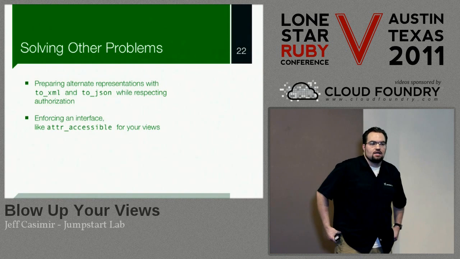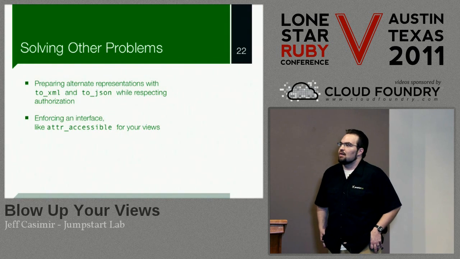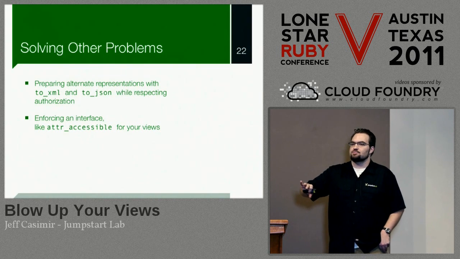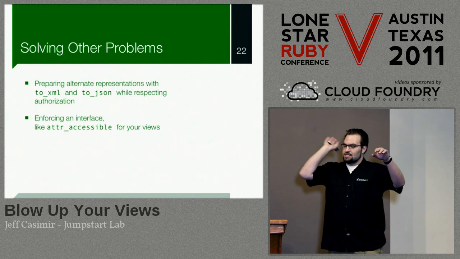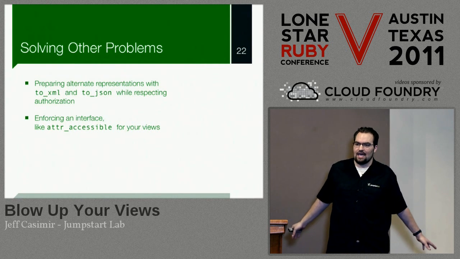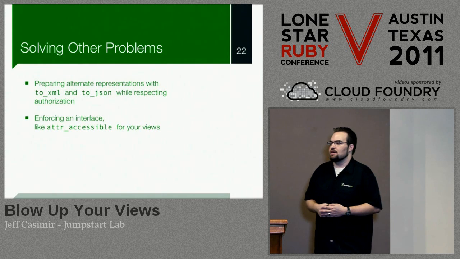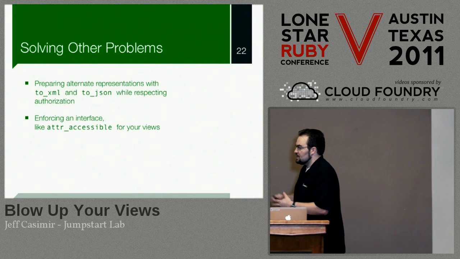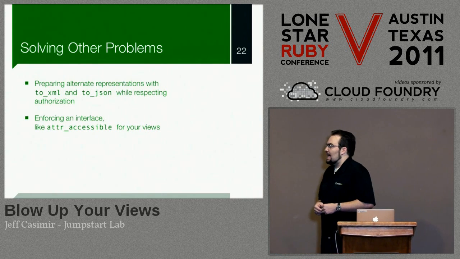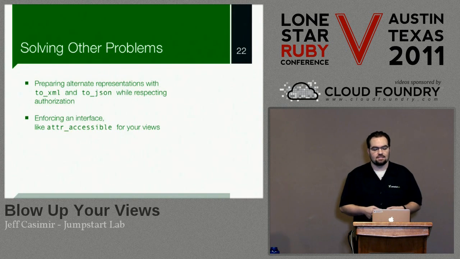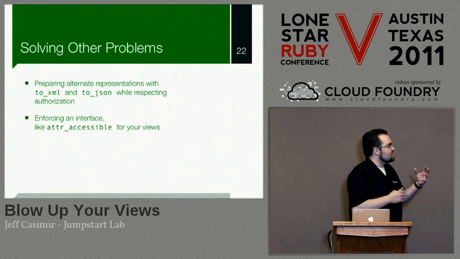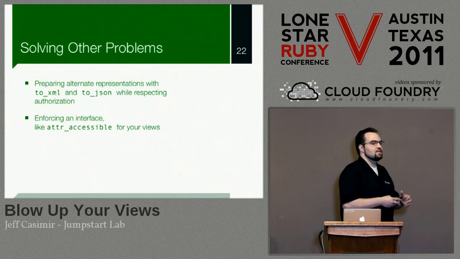But I was inspired by attr_accessible or attr_protected down in the model layer. Active Record is pretty permissive. You make some columns in the database, and by default, you can just send anything you want from a form. Just make a hash and send it down to me, I'll store it in there. But you can, as a programmer, and I hope you do, add attr_accessible and define which of those can actually be mass assigned. What if we took kind of the same approach to your views and said, all right,